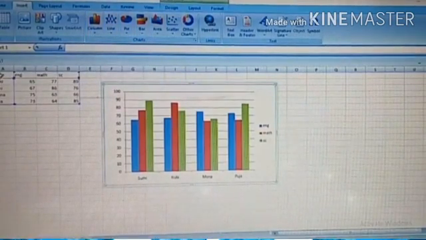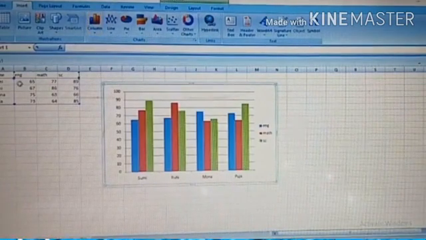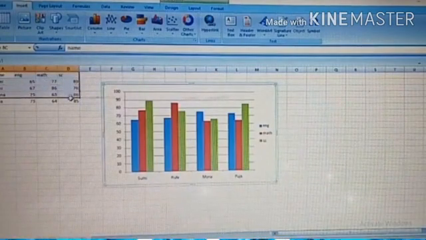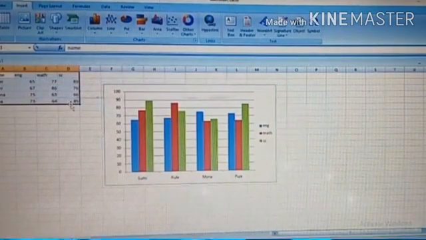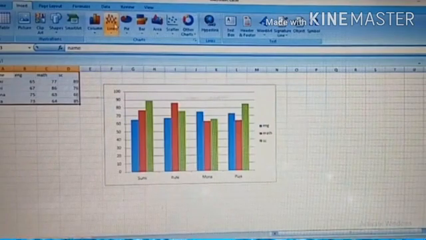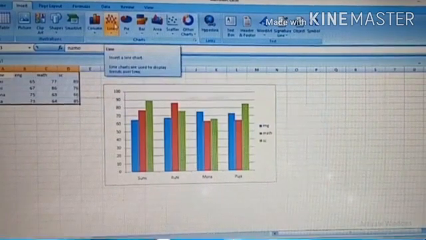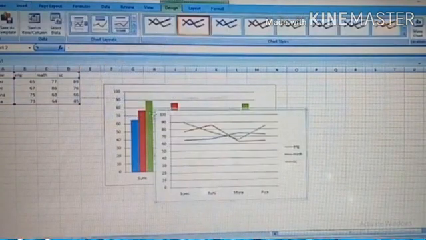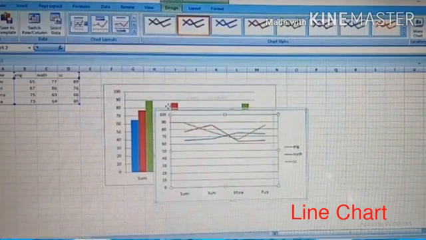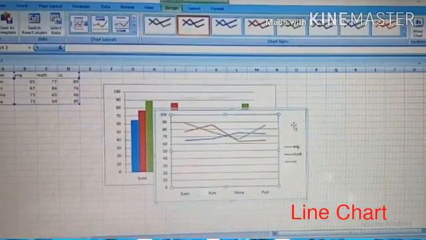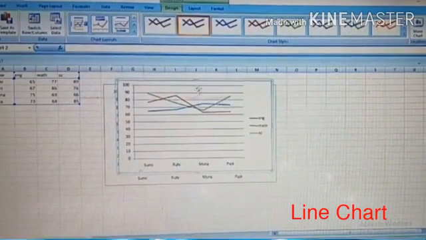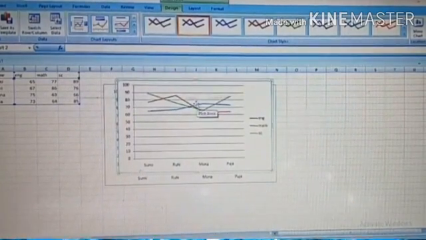First of all, I want to tell you about column chart. A column chart displays data in the form of vertical bars. It is used to compare values among individual items. Now, select the table and click on line chart. Hence, you can see a line chart is created. A line chart is a form of lines. The chart uses connecting dots to display trends in data over a period of time.